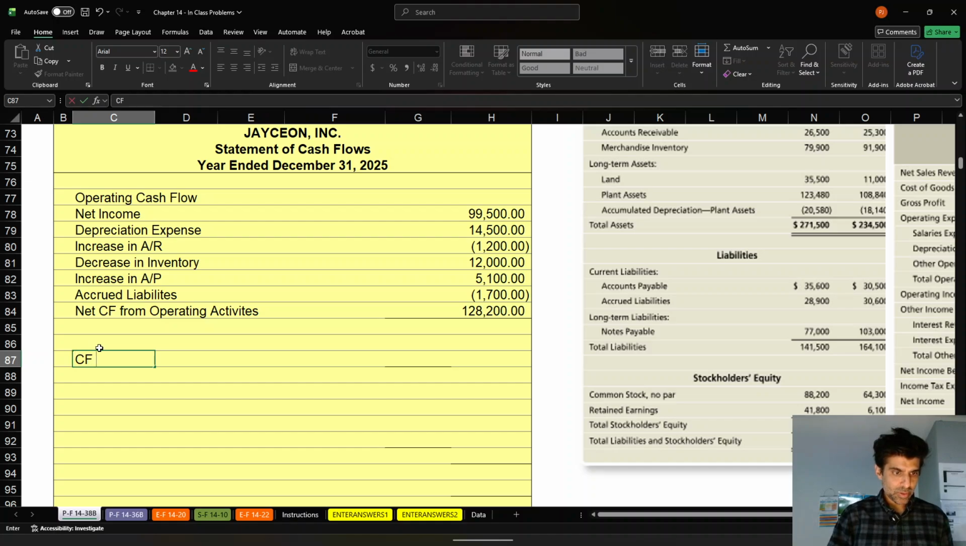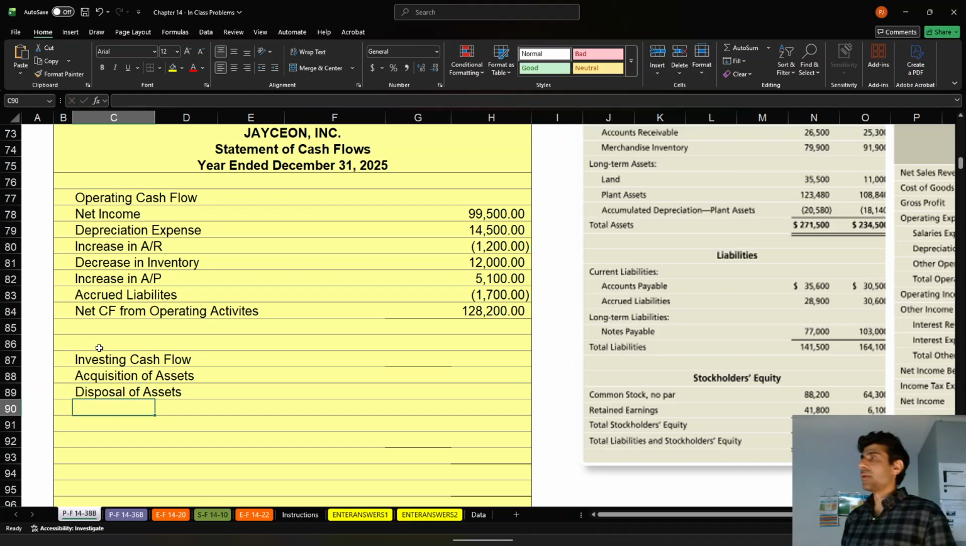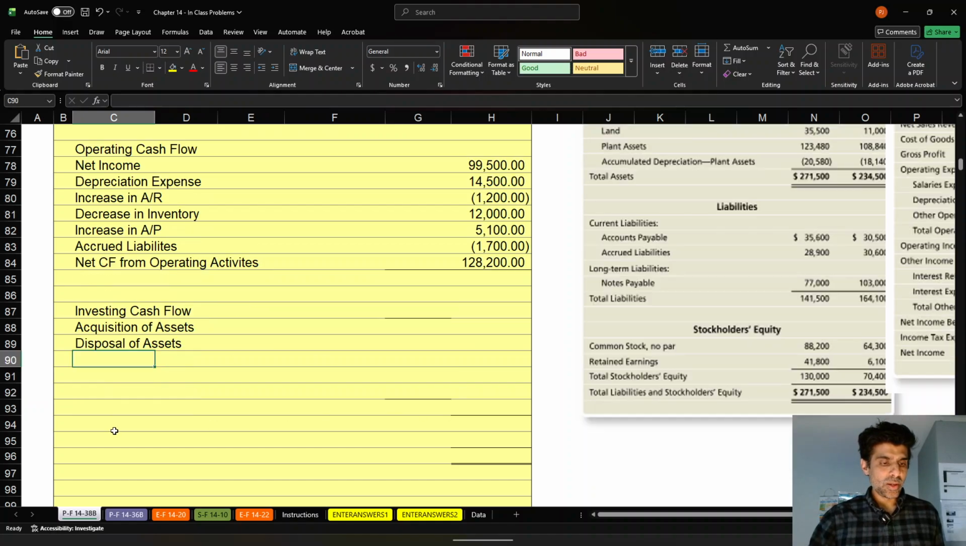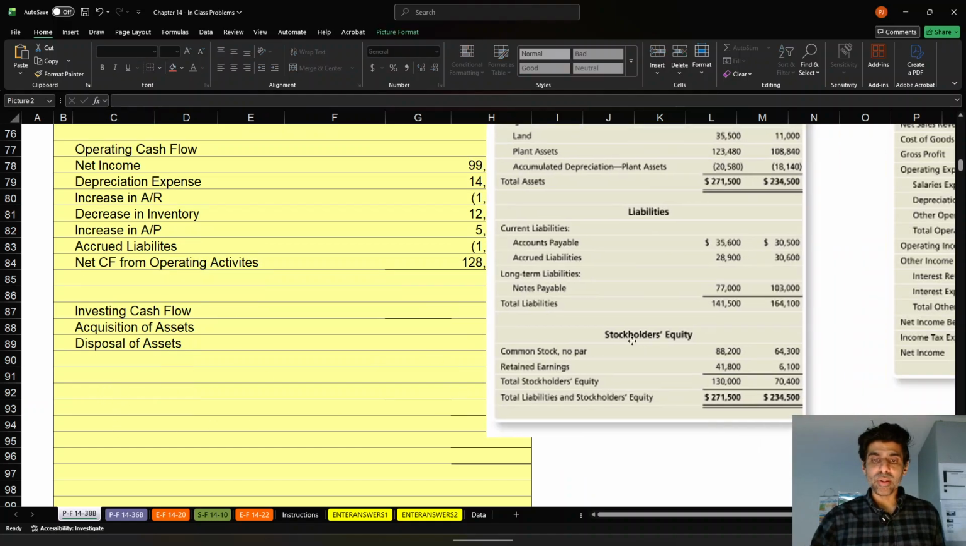Cash flow, investing cash flow, we'll call it. Okay, so you're going to have acquisition of assets and then disposal of assets. Once you just continue working, make sure you can figure that out. You're going to have to look at